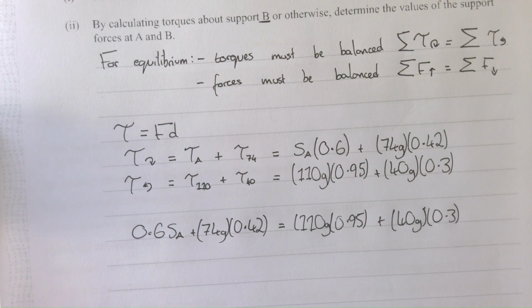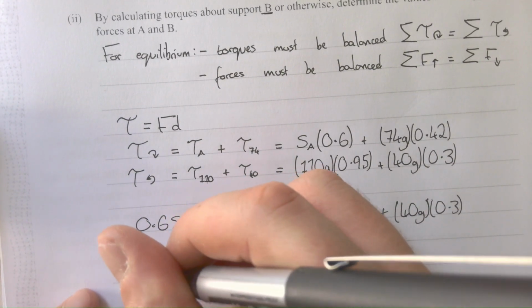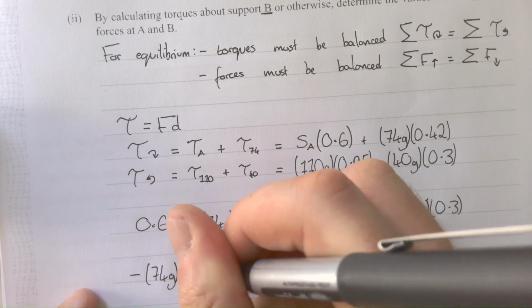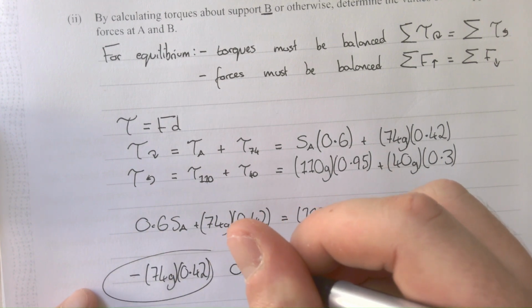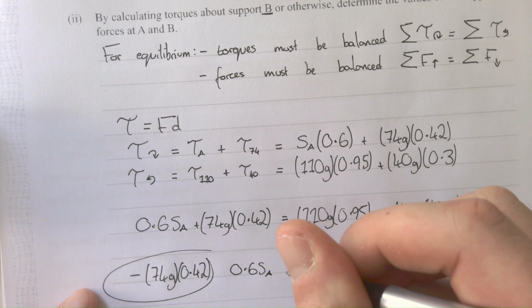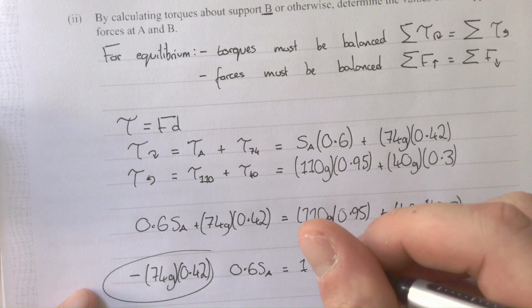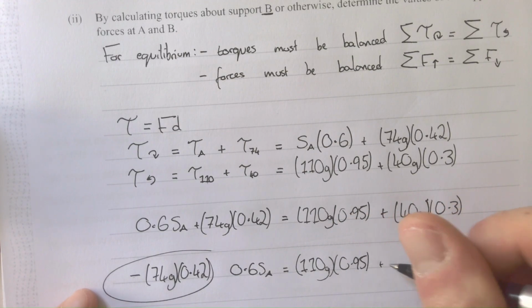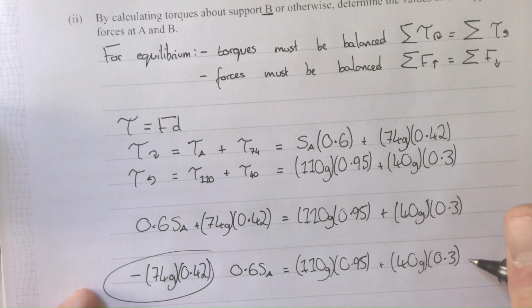Then I want to get the SA on its own, so I'm going to subtract 74G times 0.42 from both sides, giving me 0.6 SA on its own equals... I should write it all out. Sorry, I'm trying to write it quick. It gets messy, I am sorry. 40G 0.3 minus